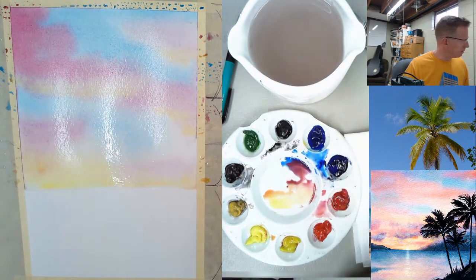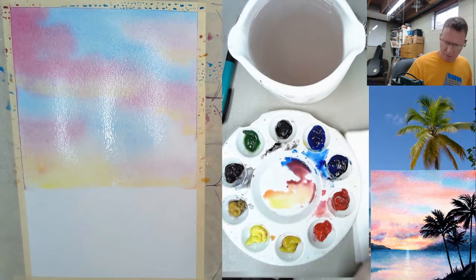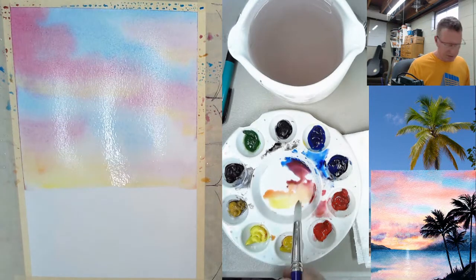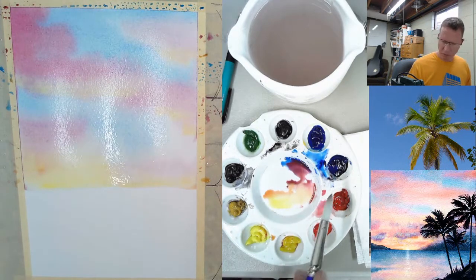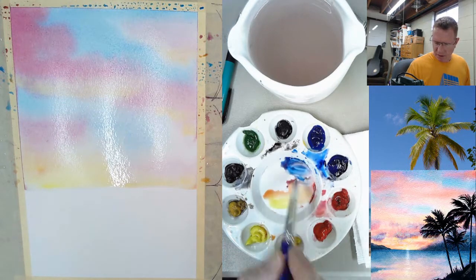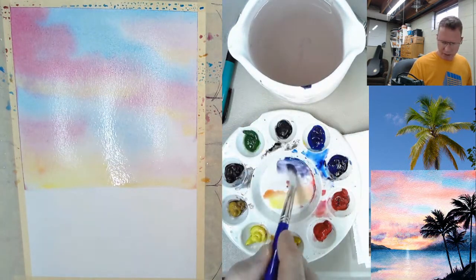Now, if you notice in the center here, we've got the sun, and it's really just pretty much white. So what I want to do is add a little more purple, a deeper purple here. If you're a rock fan, Deep Purple is pretty good for you. But I'm going to get a little bit more purple in here, and before it gets too dry,